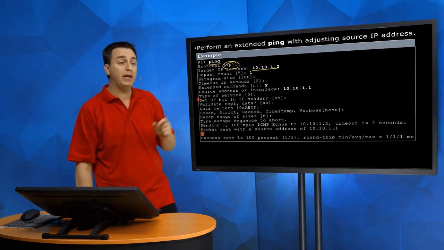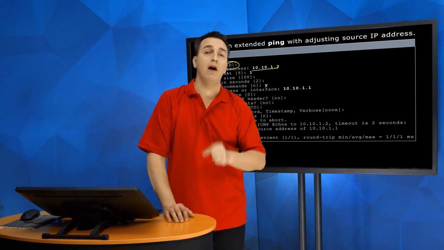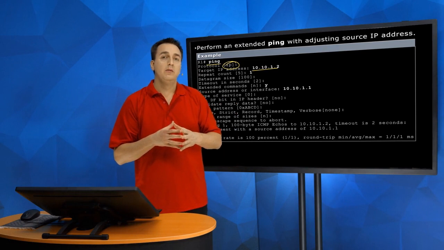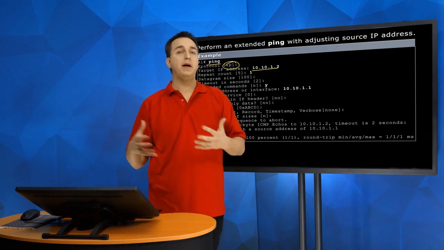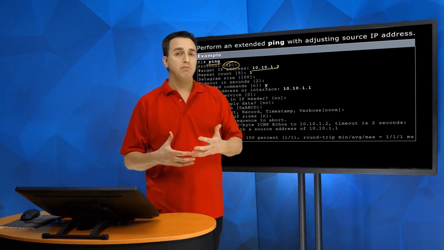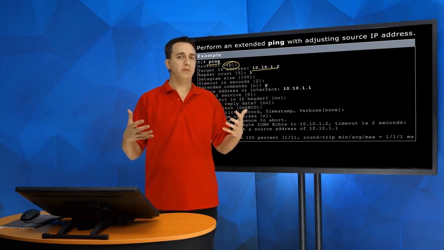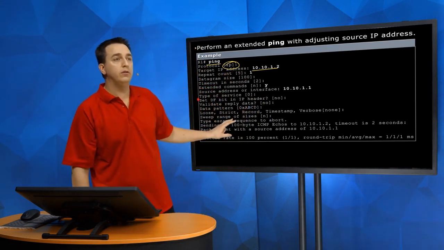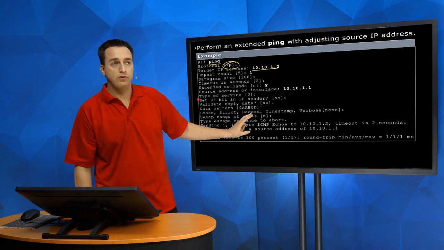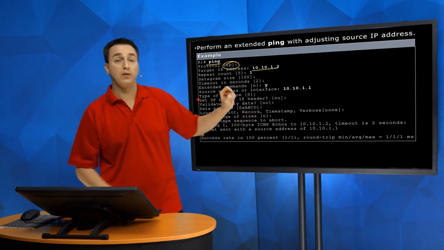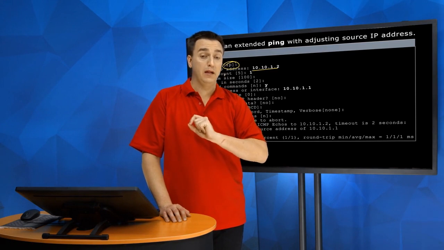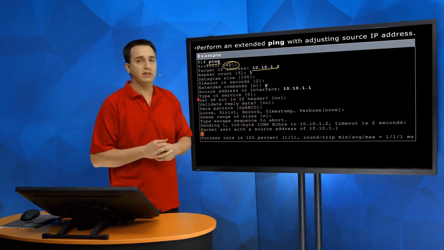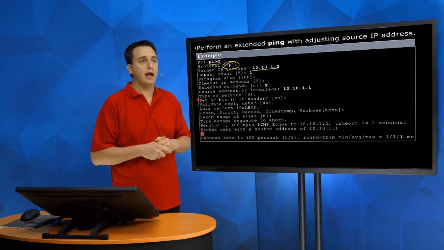Do not fragment. So we could tell the routers, if the packet's too big, do not fragment it, which means that our ping would fail at that point in time. Because IPv4 routers are designed to fragment the packets if they're too big. Maybe that is causing problems in our network. Maybe it's not. So I could set the bit here to do not fragment. And as a result, the router would then not fragment it, and then the packet would be completely dropped instead of being fragmented, allowing me to verify if there's any MTU discrepancies in the network or anything